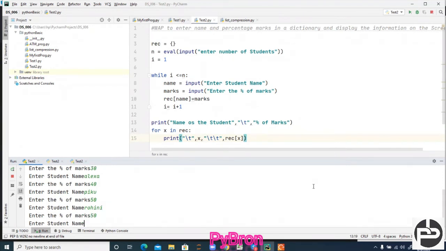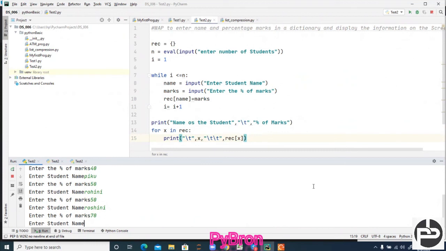Value can repeat, but key should not repeat. Keep in your mind, value can repeat and key cannot repeat. Yes, Rohini is done, and then Roshni, I'm passing here 70%.